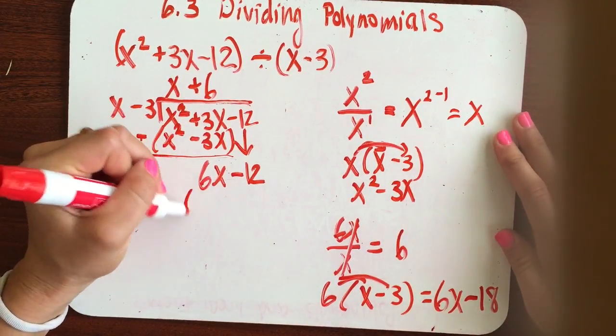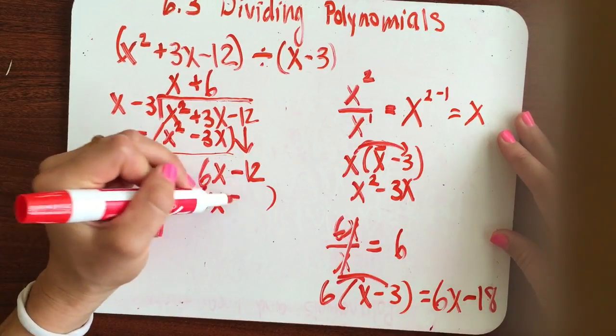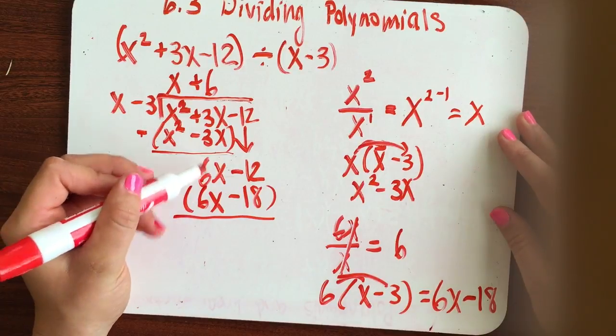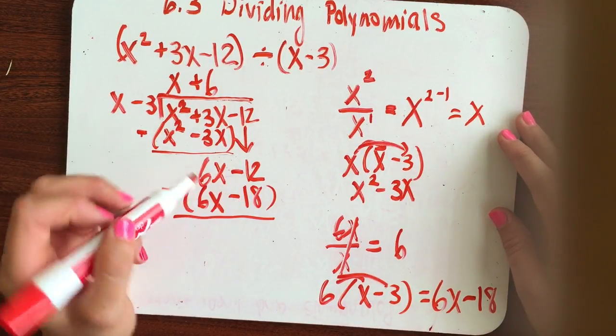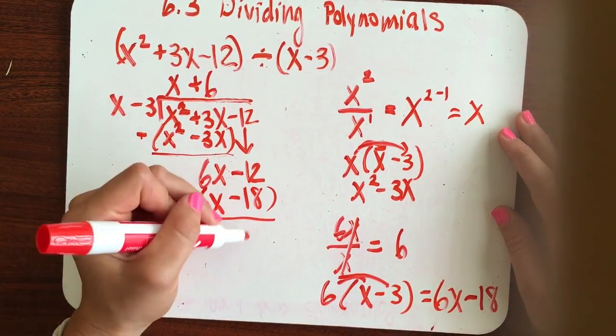We put that underneath in parentheses, and we subtract that whole thing. 6x minus 6x is 0, it cancels. Negative 12 minus negative 18 is the same as negative 12 plus 18, or 18 minus 12, which is